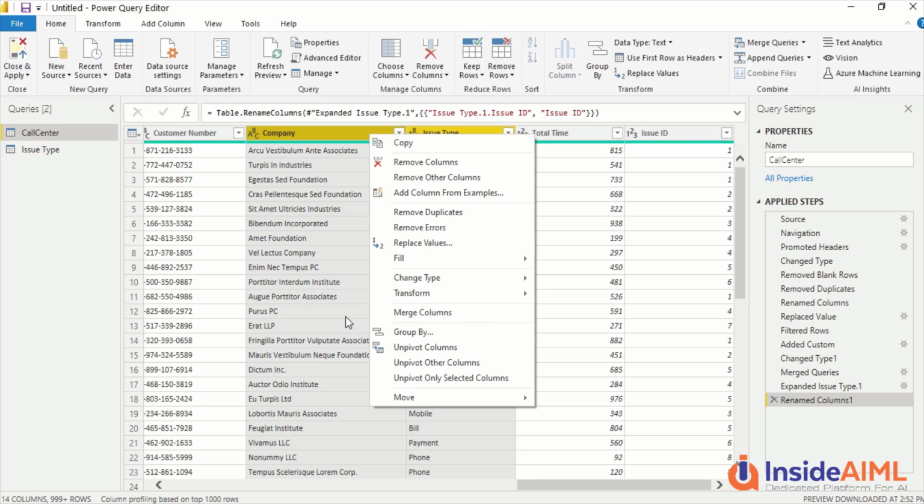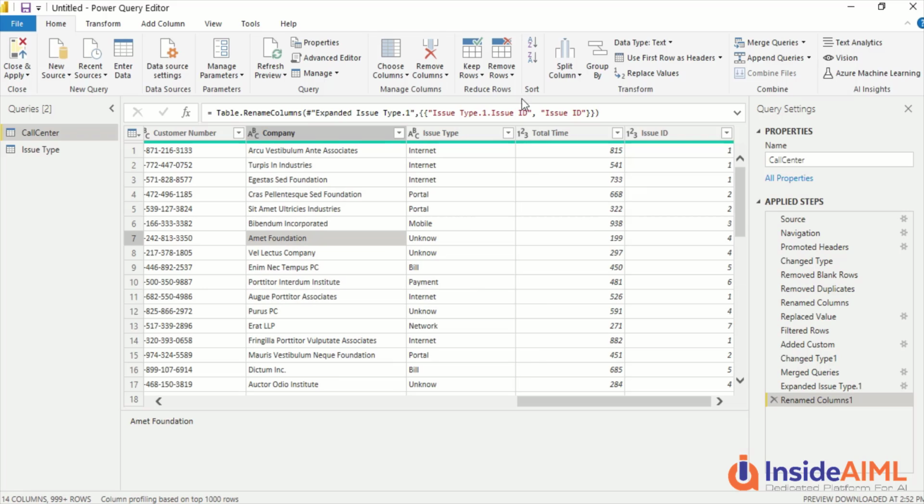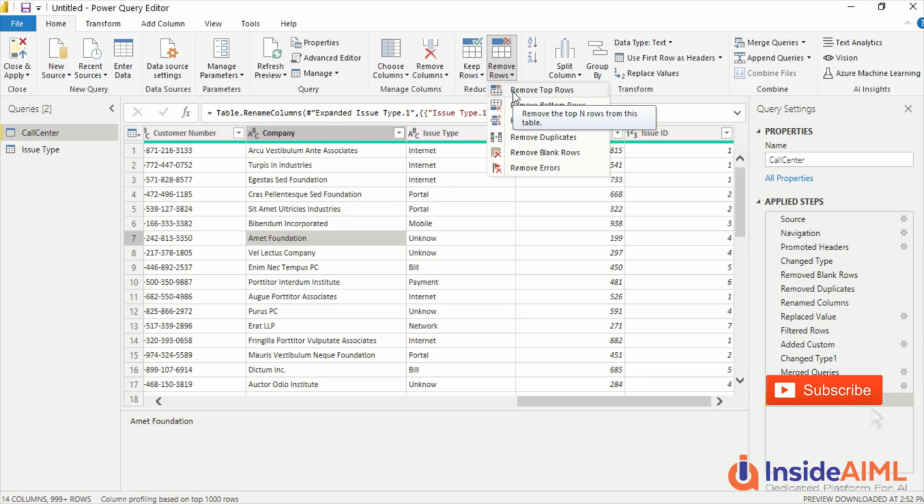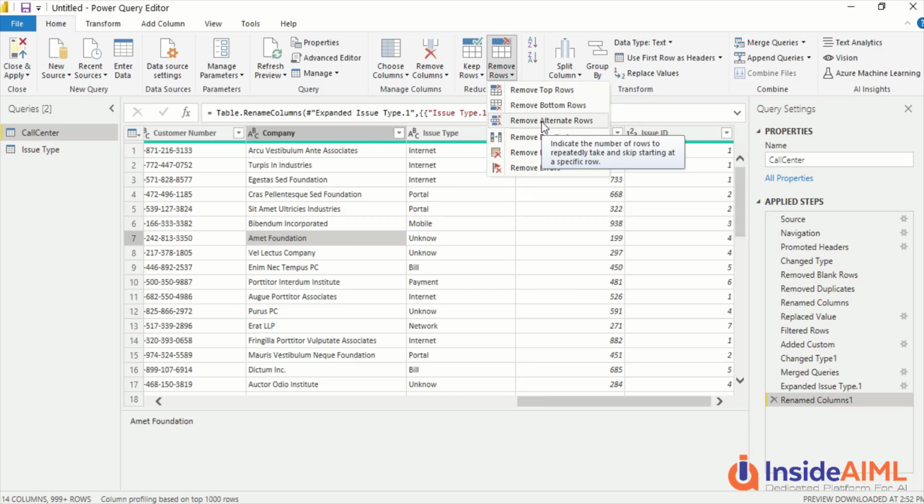Then change data type and merge column, transformation, remove empty, and all those operations. Now when we have removed rows, we have shown you there are a few more things like remove top rows. Now what does remove top rows do is, you might be getting a file every time where the top 10 rows are empty, or the top 10 rows are something which you don't want to cover, so you can always say remove top rows. Similarly, you can remove bottom rows also. Alternate rows, let's say you are getting data where alternate rows do not have great data, you can actually remove those. Now we have already explored remove duplicates and remove blanks and remove errors.